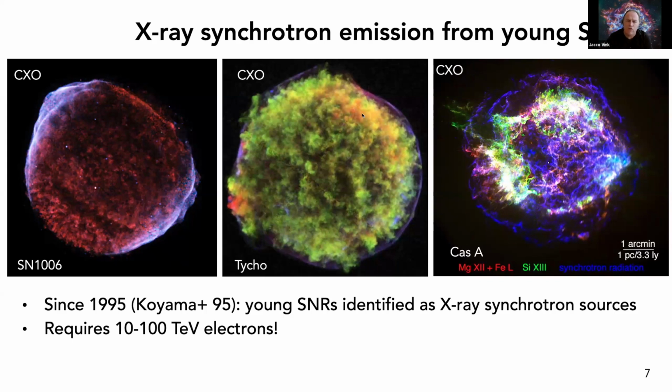Again, this is a type 1a supernova remnant, but we are really interested in this very thin rim that you see here. And the same goes for Cas A, which is a core collapse supernova remnant. Again, we see in green silicon, in red we see iron, but also magnesium, and in blue we see X-ray synchrotron emission. And like in Tycho, we see that the X-ray synchrotron emission is really from the regions where the shock is, and it's very, very thin. Cas A is also special in the sense that you also see quite some non-thermal emission from this region, especially in the west, but also a little bit towards the center. I will come back to that later.